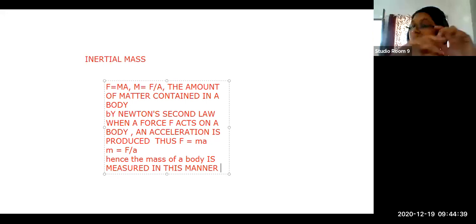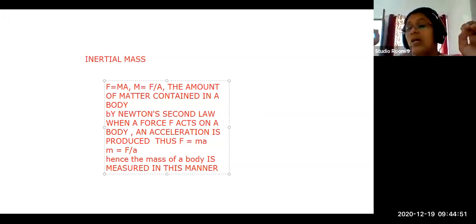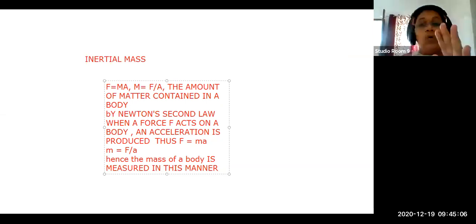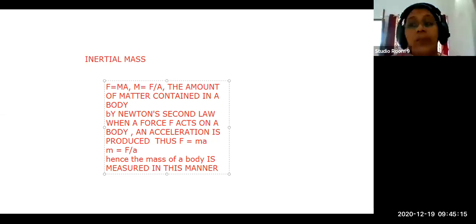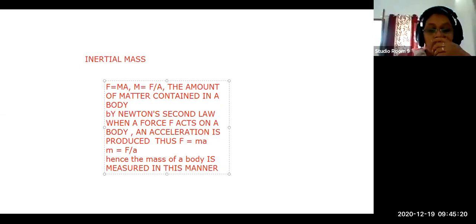But both the values are the same. This m is also the same, that m is also the same. But we are calculating the mass of the object in different situations. This inertial mass is in terms of one-dimensional motion and gravitational mass is in terms of two-dimensional motion. That is the difference between both of them. But mass is the same. There is no change in mass wherever you go, either on the Moon, on Mars, or on Mount Everest. You will not have any changes. Okay. So next heading we can move on to